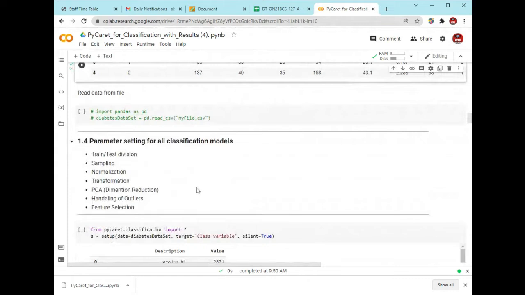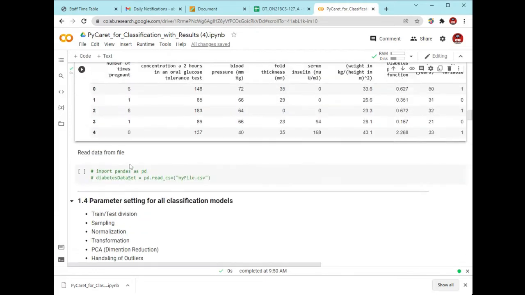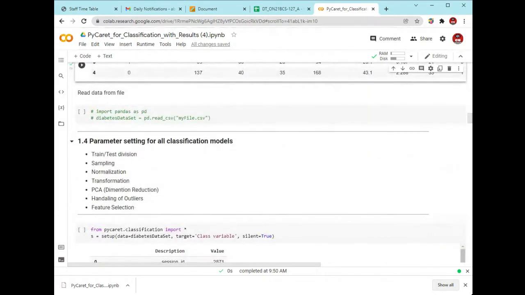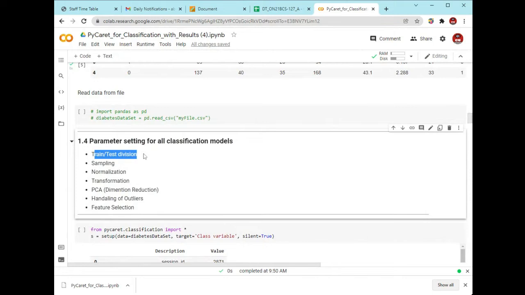After that, we will read all these parameters, apply them, and find out how we will measure the accuracy on the different data sets. So what are these parameters? Firstly, we will use the train and test division parameter.